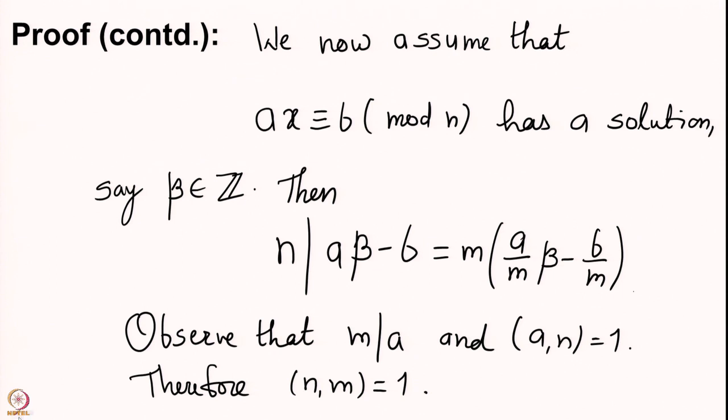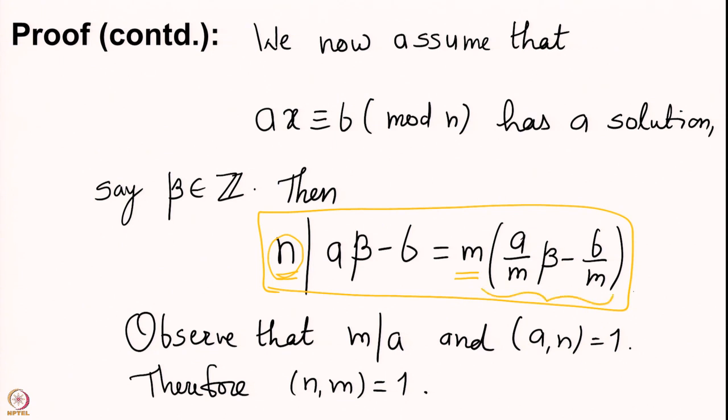Here we have that n divides a product of M and some number, but n and M will have no common factor. So, every prime which occurs here will have to go and occur in the prime factorization of this number. Note that this is a number, here we have that both A by M and B by M are natural numbers. We are not looking at rational numbers, but natural numbers. So, therefore, what we must get is that n will in fact divide the right hand side, A by M beta minus B by M.